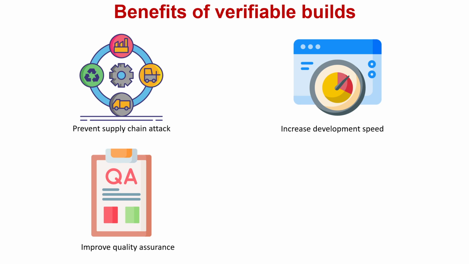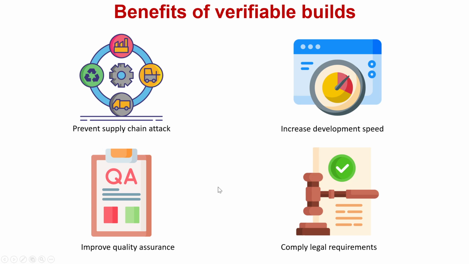Regular tests are required to make sure that the software can be built reproducibly in various environments. Debian and other free software distributions require that their users must be able to build the software they distribute. Such regular tests help in avoiding fail-to-build-from-source bugs and can uncover rare build problems, such as timing problems, race conditions, or builds affected by locale. Last but not least, verifiable builds play a key role in legal requirement compliance.